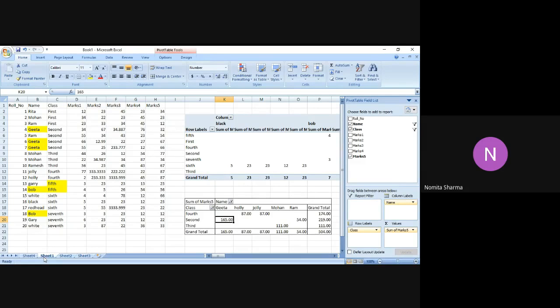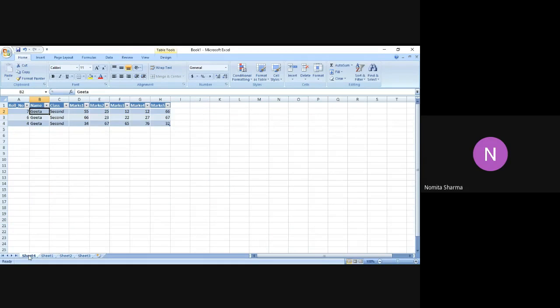So sheet one, if I just click on any pivot table, let me just recall what I clicked and where I clicked. I clicked on 165 marks for Geeta, and it will not matter which class. I didn't click on the class. I clicked on the marks, and if I see the table which I have got, it will give me another table on a separate sheet. So this particular sheet is having a table only for a student named Geeta in this particular class with these roll numbers and with this marks list, right?